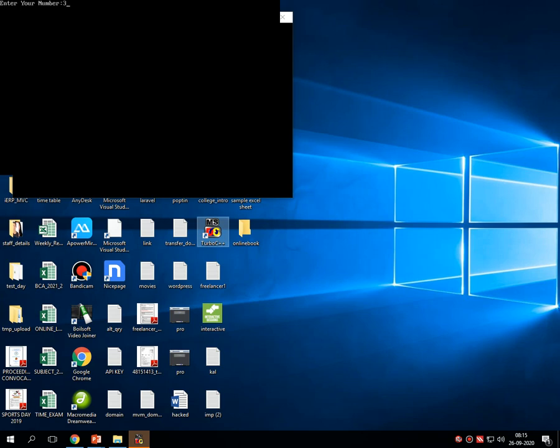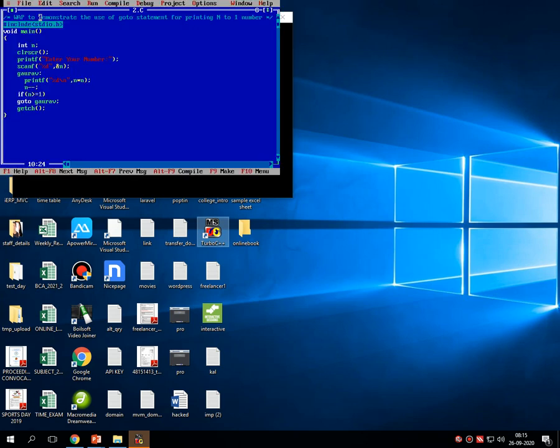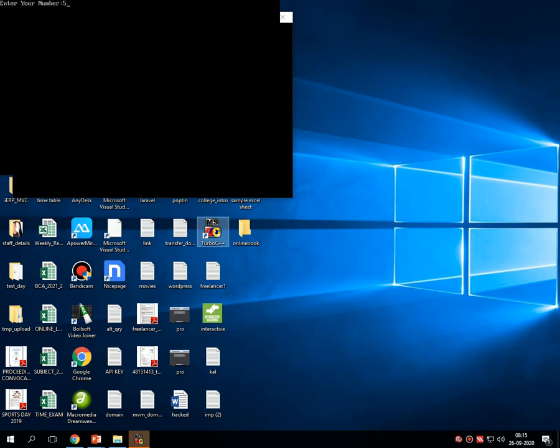and right now I am entering only 3, then 3, 2, 1 is there. So what is the square of 3? I think 9. The square of 2 is 4, and the square of 1 is 1 itself. So 9, 4, 1 is printing onto the screen. Now let me give some larger value. 5 into 5 is 25, 4 into 4 is 16, 3 into 3 is 9, 2 into 2 is 4, and 1 into 1 is 1. So it prints the square of the numbers, right?